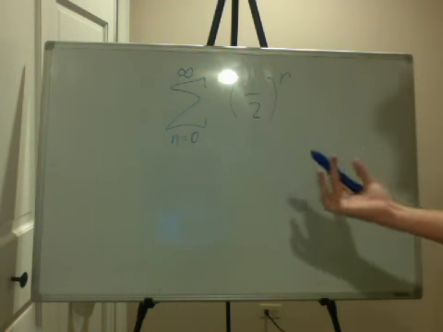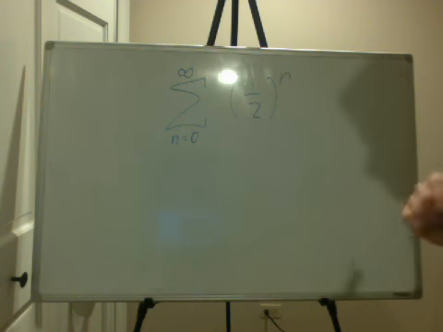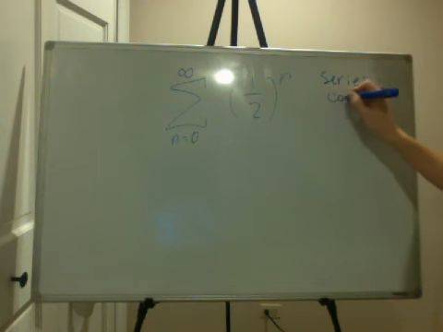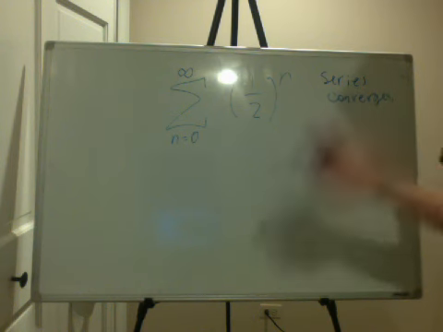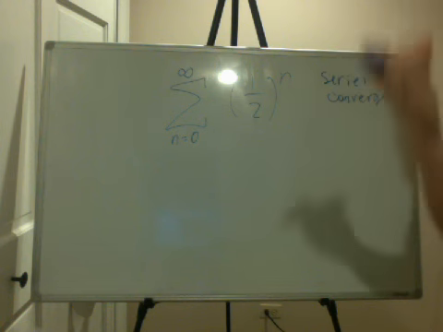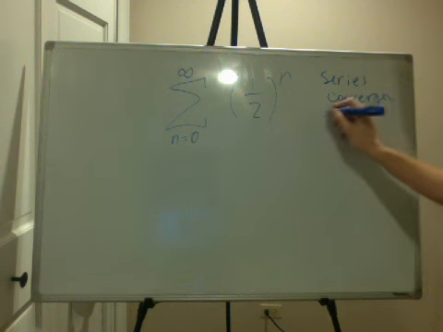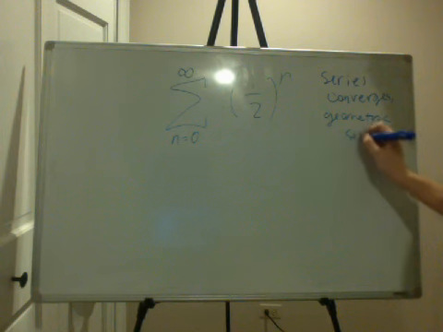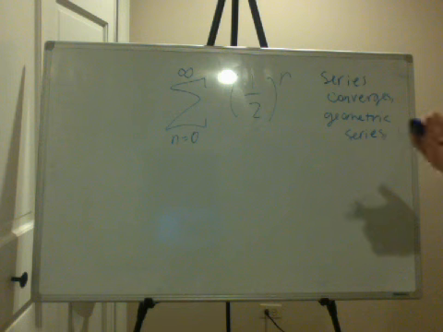Now here's where it starts getting annoying. To write this answer, if the question said, does this series converge or diverge, you would say series converges, and then you have to say what type of test you're using. So in this unit, you're going to be learning different tests that you're going to be using to test whether or not a series converges or diverges. This one's called the geometric series test. So you would say it's the geometric series,